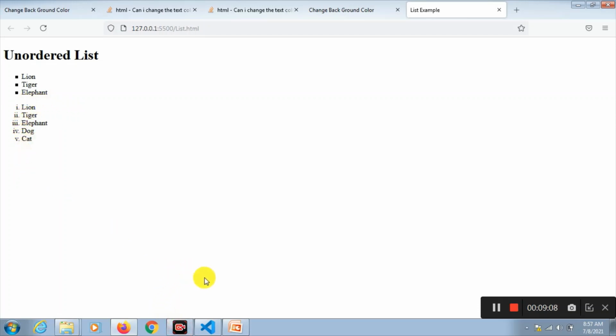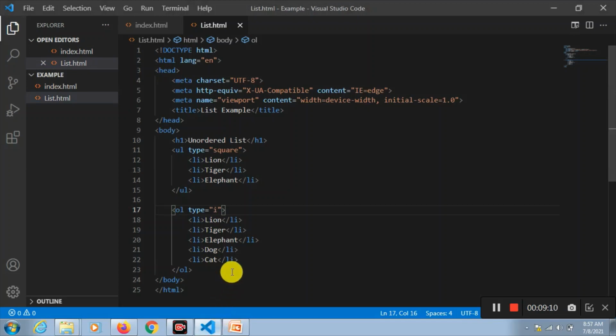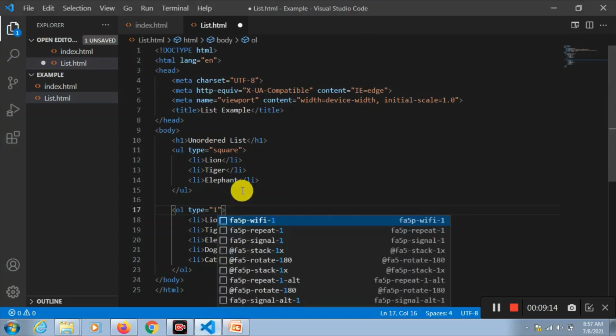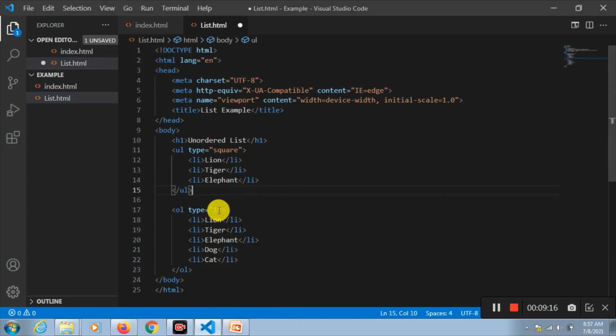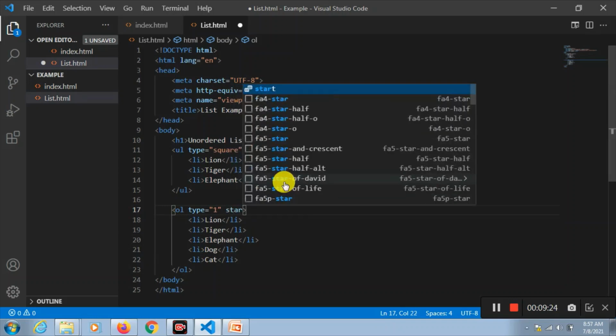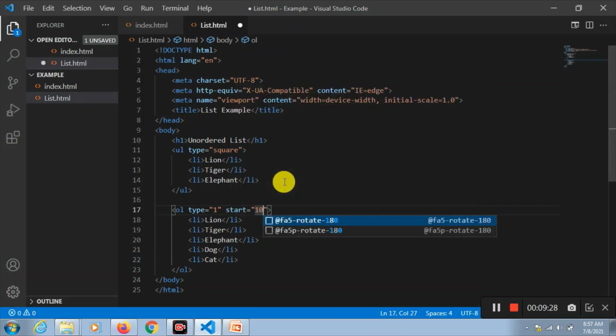Again, one more option you can do here. Let's give 1, 2, 3, 4. But I don't want to start from 1. I want to start from, say, 10. Start, say, 10.